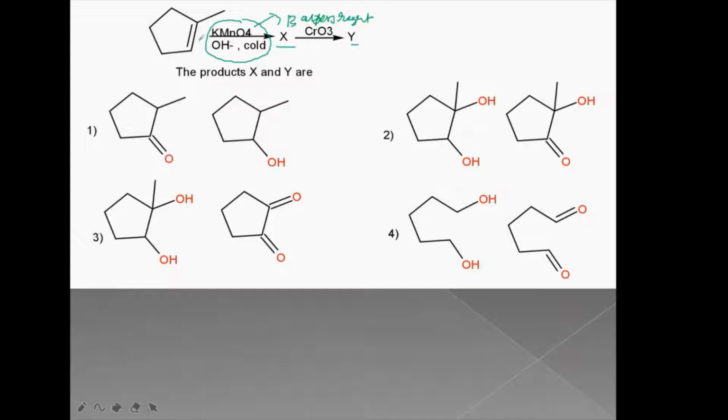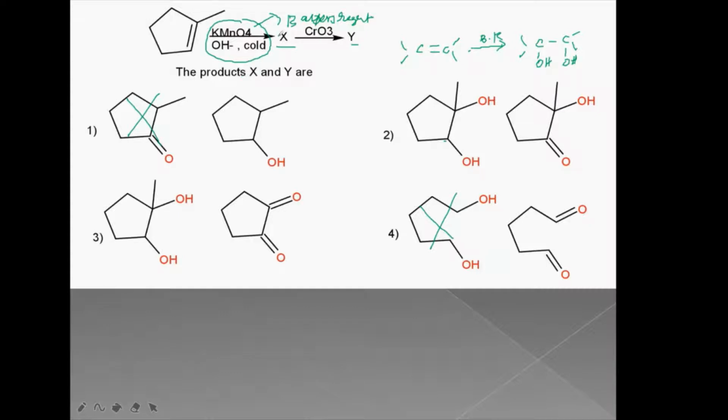So whenever a compound containing a double bond is treated with cold alkaline KMnO4, that is Bayer's reagent, it will produce a diol. So if you see a C double bond C compound on reaction with Bayer's reagent, you will get a diol. This is the basic idea of Bayer's reagent. It should be cold alkaline KMnO4. So according to this, the first and fourth options we can eliminate easily. Then the remaining options are either the second or the third.